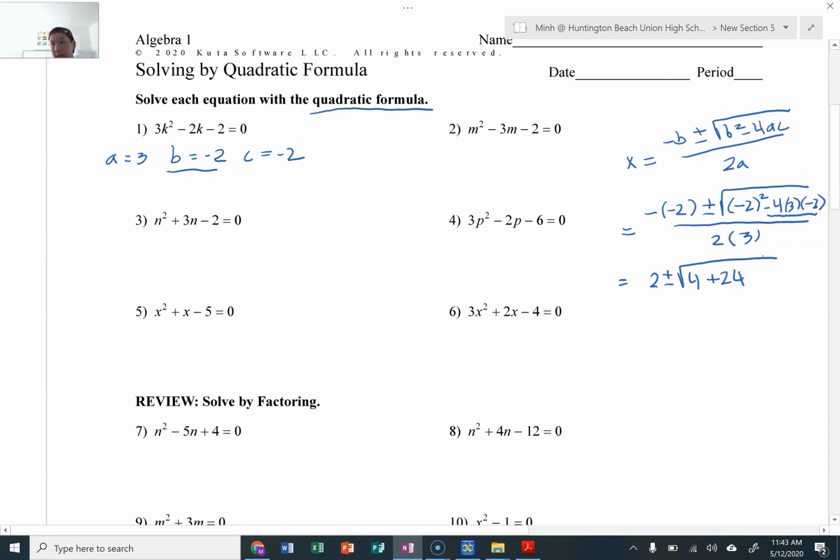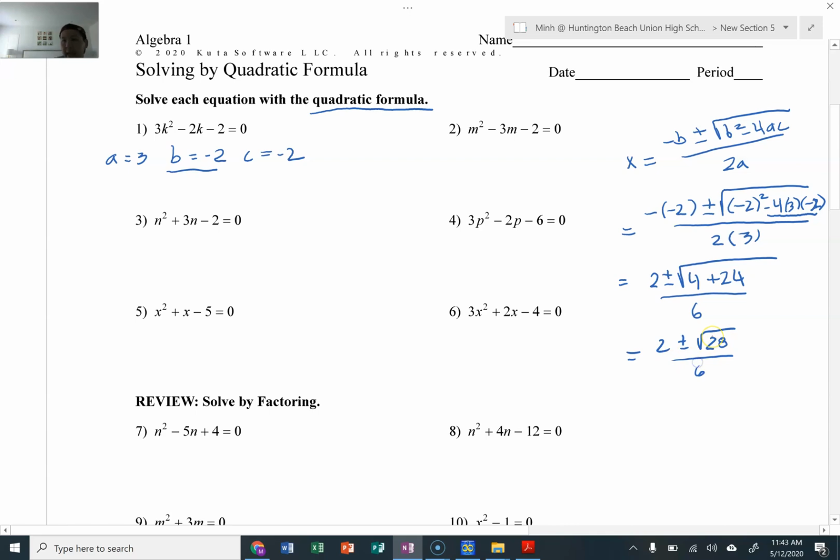Right now, again, positive 4, and then negative 12 times negative 2, that's a 2, not a 3, right? That's going to be positive 24, all over 6. Now we're going to combine terms on the inside of the radical, plus rad 28